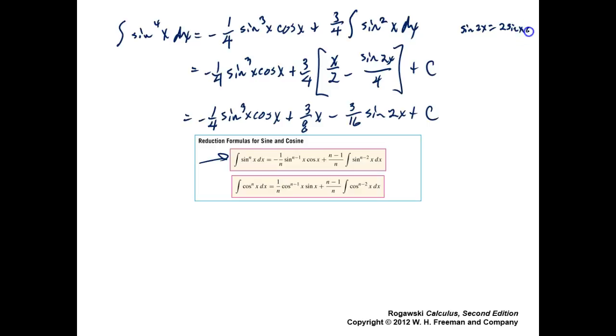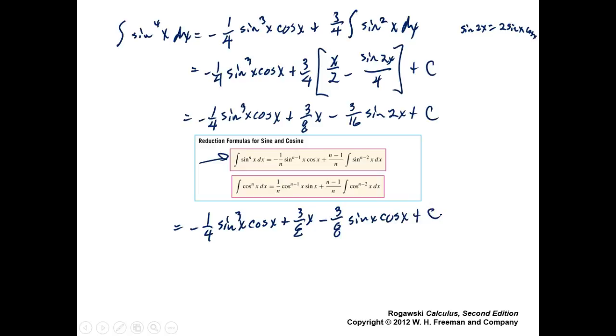2 sine x cosine x. Remember that? We had alphas before, but that's what it came out. So now let's plug that in here. It will be minus 1/4 sine cubed x cosine x plus 3/8 x minus the 3/16, but inside the parentheses is going to be a 2, so that'll make it a 3/8 also, and then the sine 2 will become sine x cosine x plus